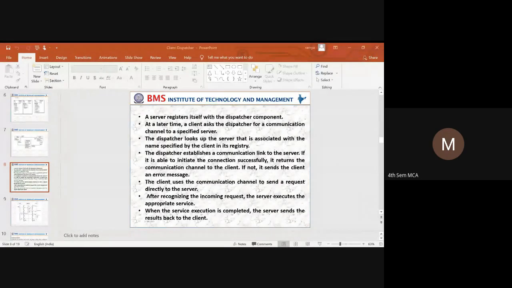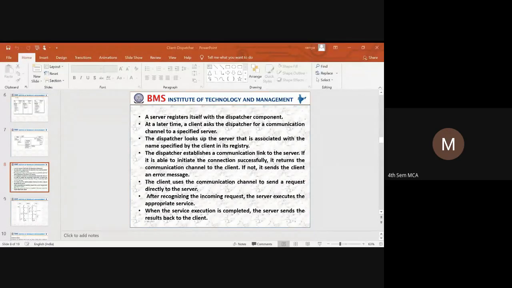Have you observed that when you are looking for certain information, Google search will display so many links, right? Have you come across that? When you click on a certain web page, it says that the page does not exist or there is an error in the page. Some messages you will get. Have you observed this, anyone? Unmute and speak. Yes, ma'am. So what could be the reason?